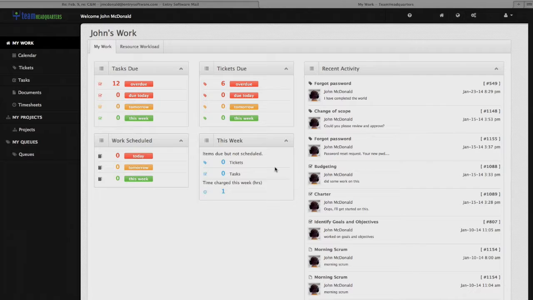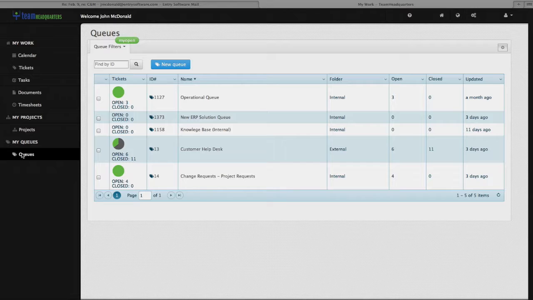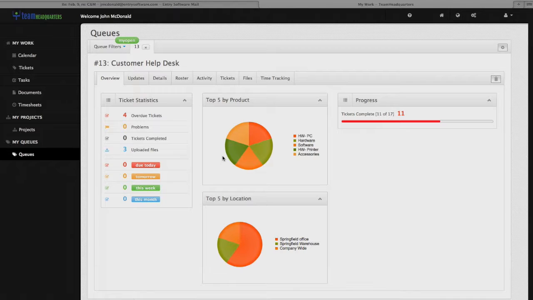In this video, we'll focus in on moving a ticket from one queue to another. We'll start off by acting in the role of queue manager. So we'll be down here in the queues area, and we'll click on the customer help desk queue. The customer help desk queue is our generic queue where all tickets that are incoming from email are going to